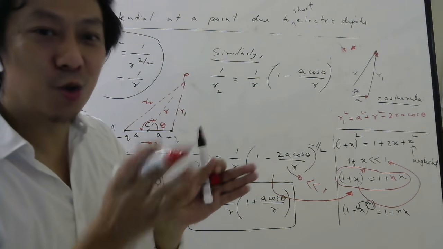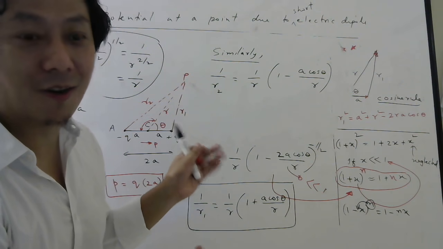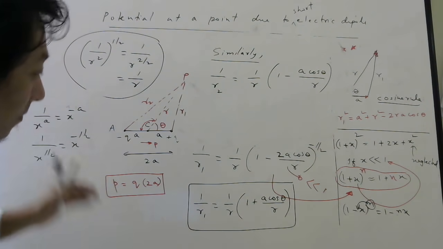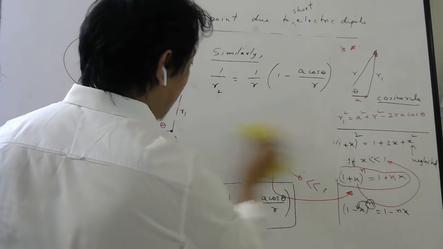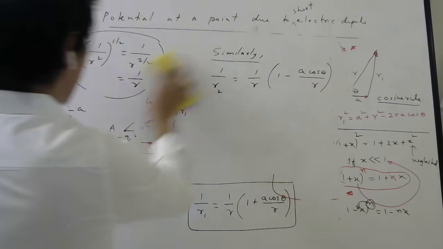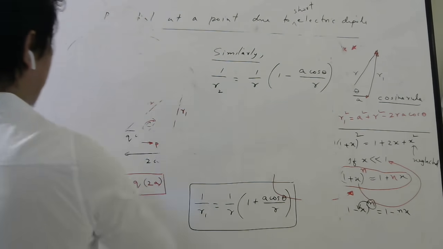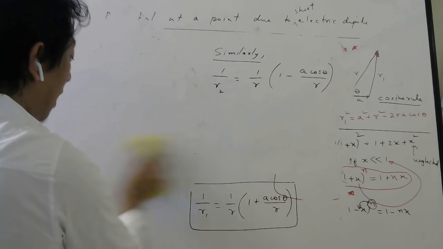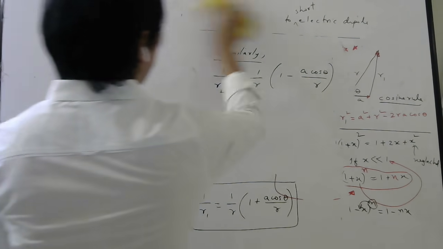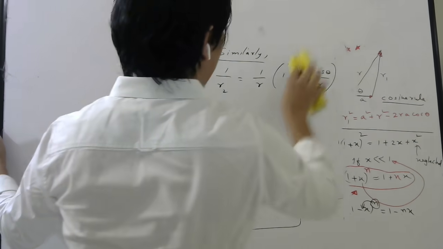But no need to show all those in exam. Already it is quite long, no? Okay. Fine. So we got 1 by r1, we got 1 by r2. So now I can remove almost everything. I was not removing the diagram because I wanted to explain why this minus sign is coming here.